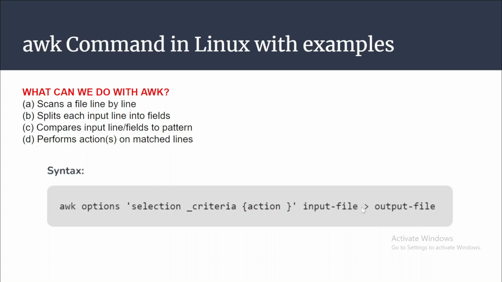I was saying the same thing as previously: if you want to subset a file, you do every action on the left-hand side, you give the append operator, and you store all the results in this particular output file. Same thing, you are running the awk command, doing some selection, performing some action to do some filtering, and then storing those results in an output file. Okay, so let's see with an example.